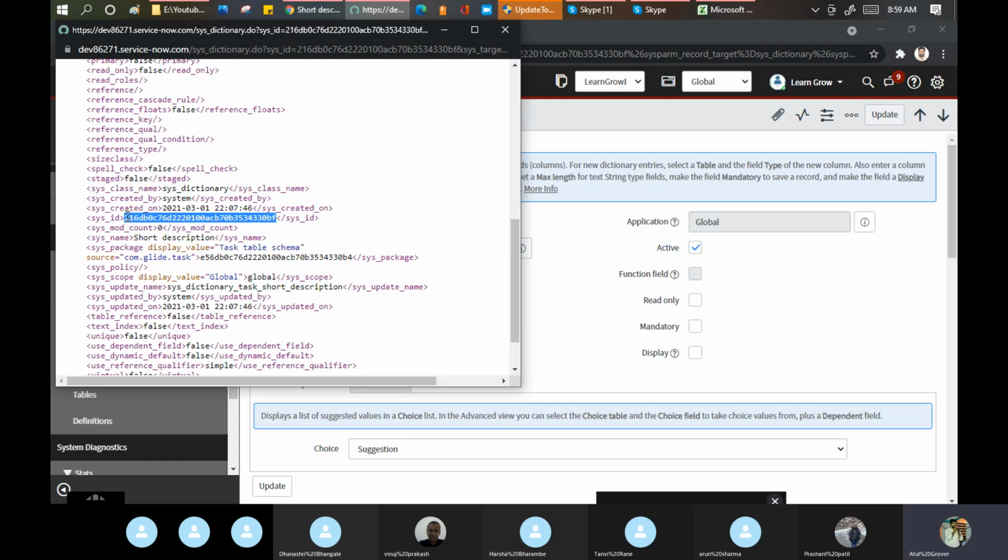So in ServiceNow, we have the sys ID concept, which helps me identify the record as a unique value. No two short descriptions have the same sys ID. And this sys ID is required when we move our code, or our update set, from one instance to another instance. That time the sys ID plays a very important role.